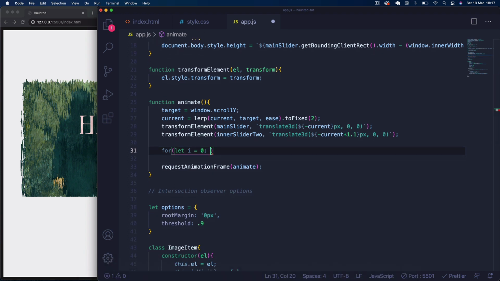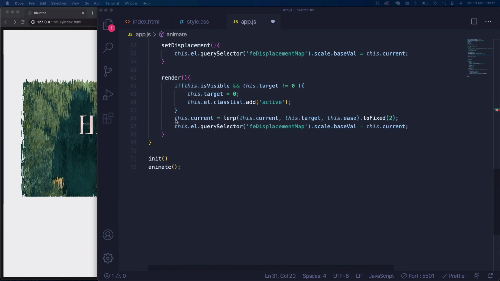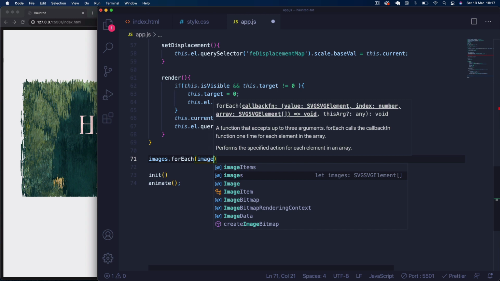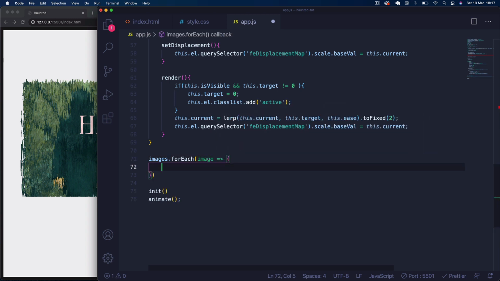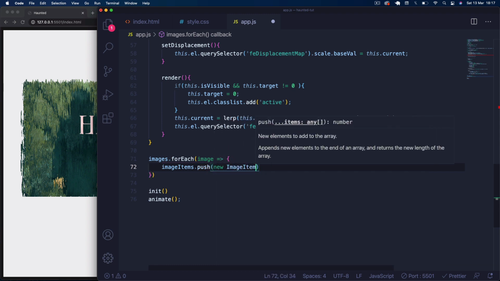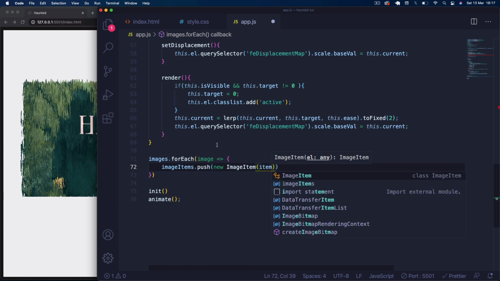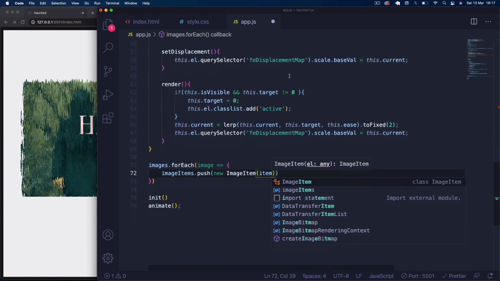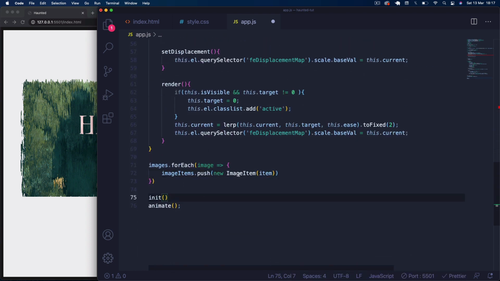And actually, before I do that, let's just create these image items. So I'm going to say here images dot for each image, and in here we're just going to say image items dot push, and here we're going to push a new instance of the image item, passing in that image. Remember, our image items are basically all the SVG items here, and we're creating a new instance of that image item class, pushing in that SVG